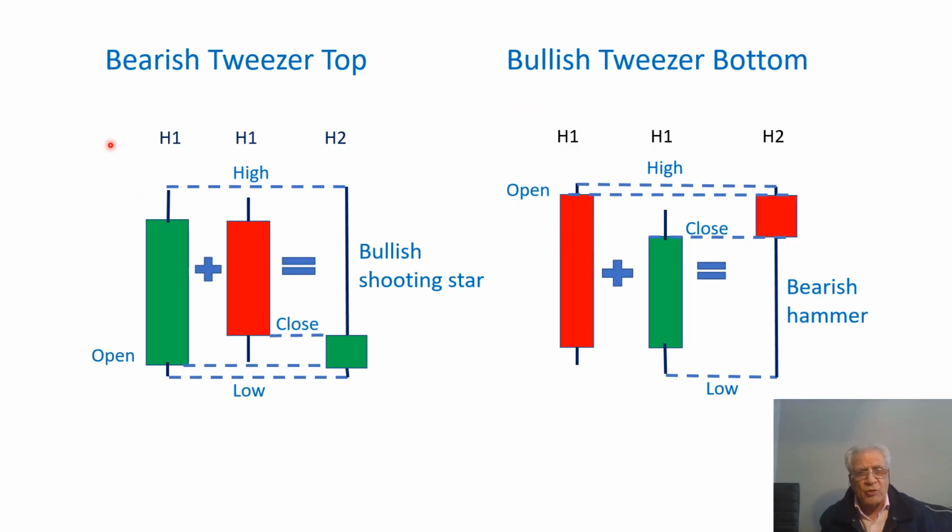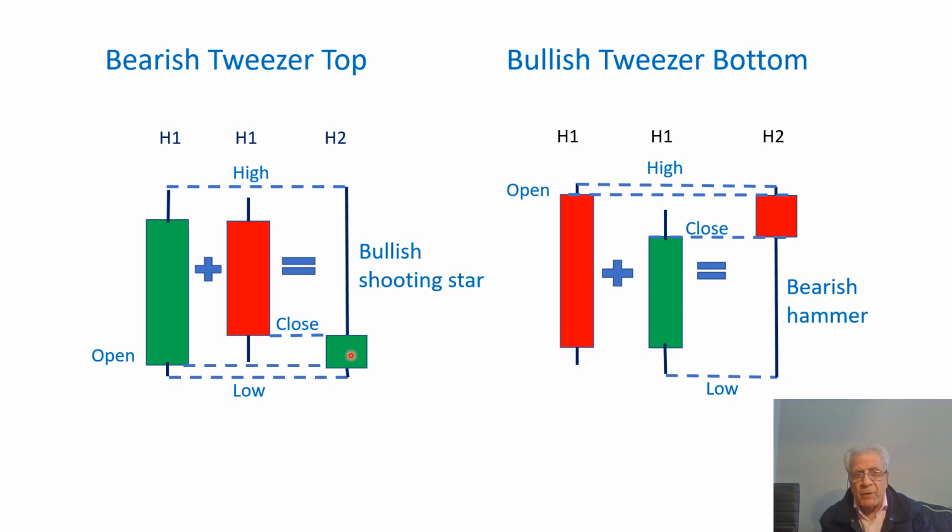In this graph, I demonstrate two formations, bearish tweezer top and bullish tweezer bottom. Bearish tweezer top consists of two candles. The first one is bullish, the second one is bearish. Now, if you see these two candles at the top of an upward trend, it suggests trend reversal. Why? Because if we blend these two candles, we take the open of the first, close of the last, and the high and the low of the pattern, you get a bullish shooting star, although the color is